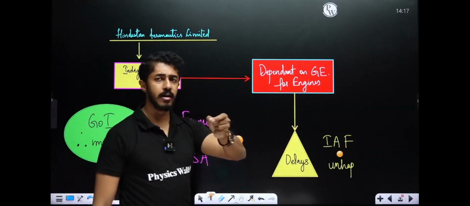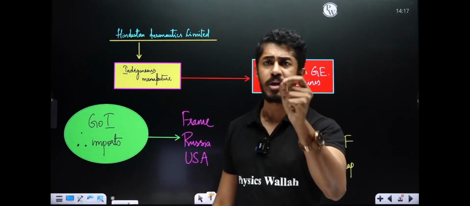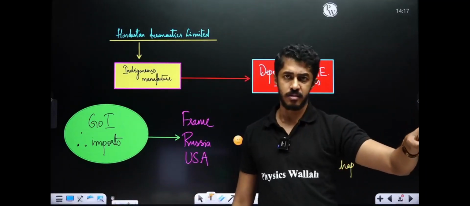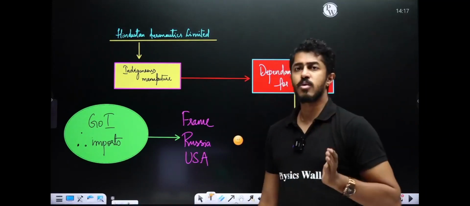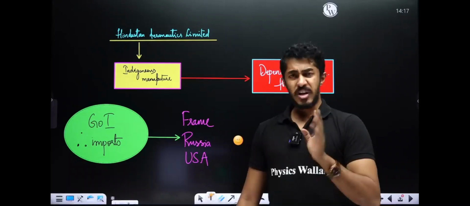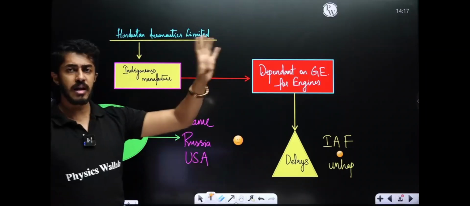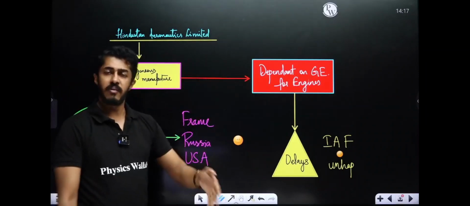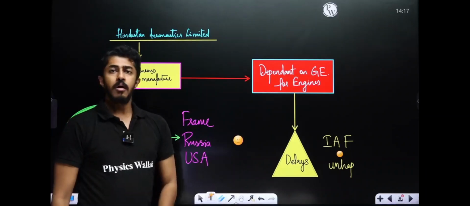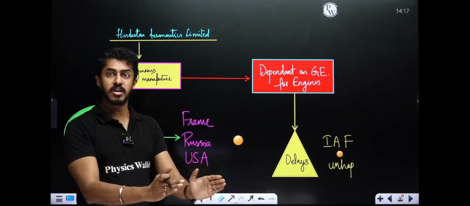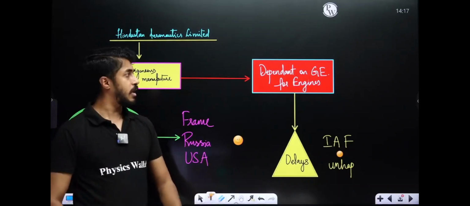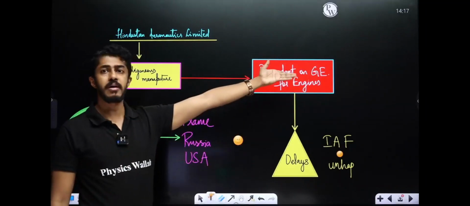Tejas light combat aircraft itself took 32 years for its complete manufacture. This is the only result. So defining the target alone or even telling this is the target to be achieved, we know it. We have given it also. But because we have management by objective, we have very clear idea today that why is it getting delayed? We are dependent on engines.